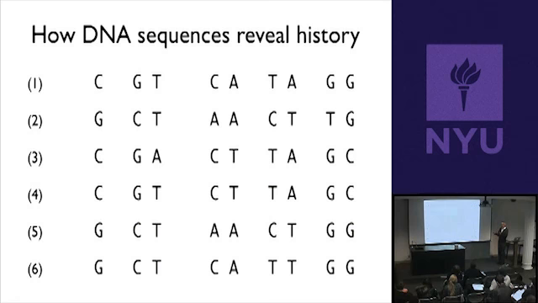If all we had were this position, we'd say, well, all the G's go together and all the C's go together. Okay, and we have 2 major branches, but we can't figure out the differences between the C's and the differences between the G's. But we have more data, so we can actually start to figure out all of the relationships here. Okay, and so what I want to do now is get 6 volunteers to actually do this.